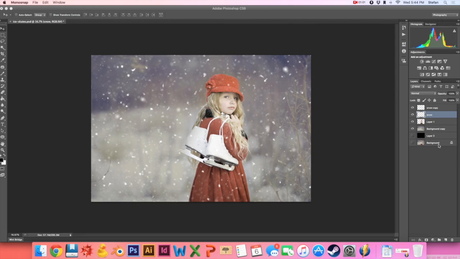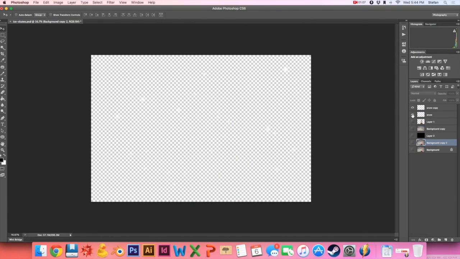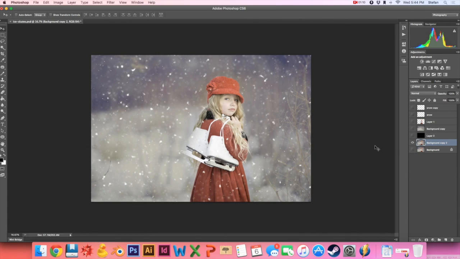So I'm going to begin here by taking my background and creating a duplicate layer. I'm going to turn off all these other layers here. And if I enter quick mask mode by hitting Q and select my brush, I want the default color, so I'm going to hit D. I'm going to highlight more than I need here, and what this is going to do is allow me to go back and refine it later if I want to,